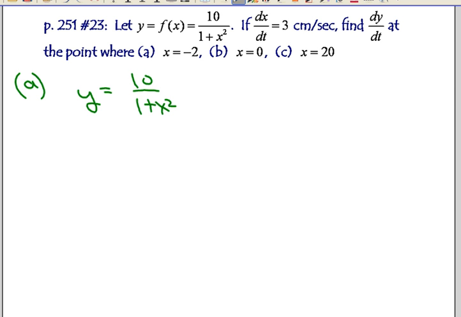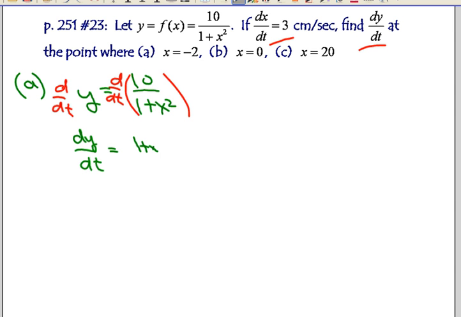The question is, they give us a dx/dt, find dy/dt, so let's take the derivative with respect to time. This is about the 10th problem in the homework, so you probably knew that already. On the left side, I've got dy/dt. On the right side, I've got a bit of a quotient rule, so I've got ho d hi, but d hi is 0, guys, minus hi d ho